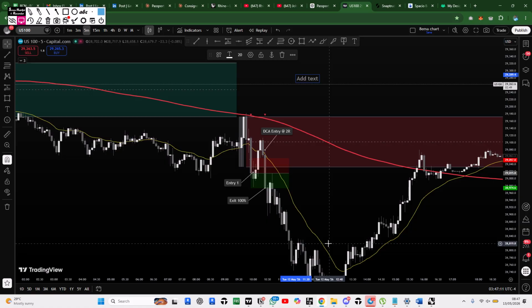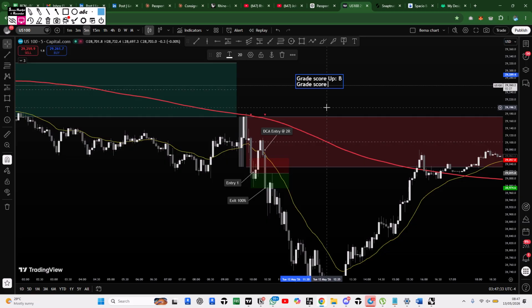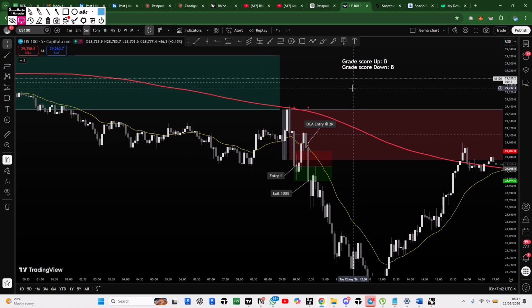our setup was a great score for up. If we broke out of the range to the top, it would have been a B trade, and if we broke out to the downside, it would have also been a B trade. Okay, but if you want to understand how we grade this, you'll have to join the Discord and get the